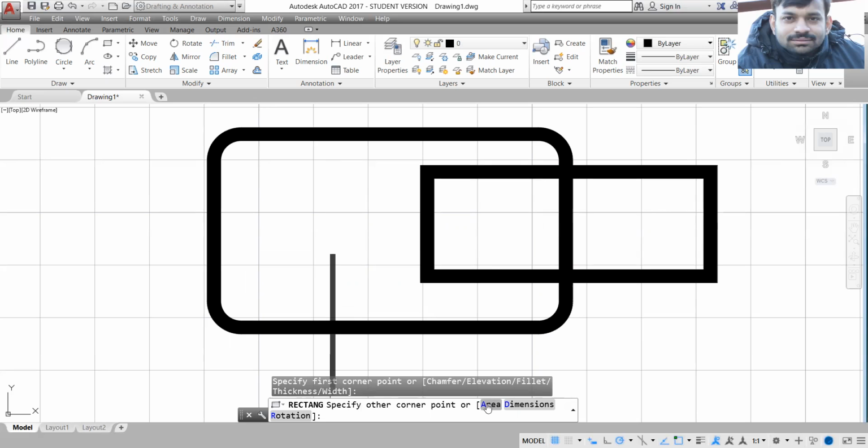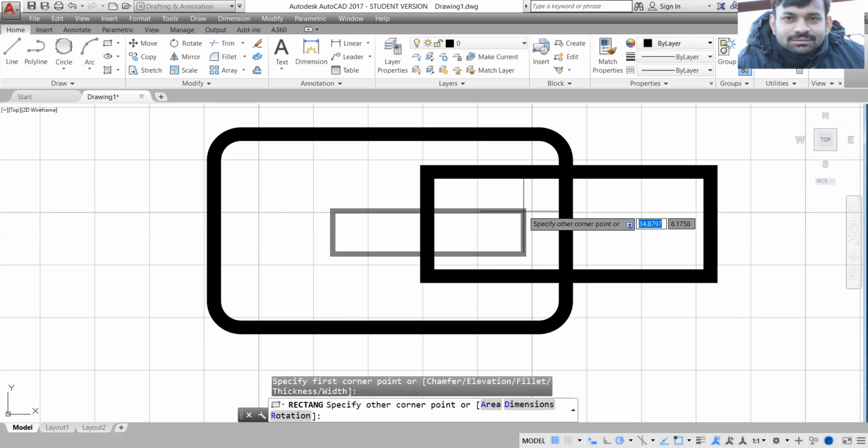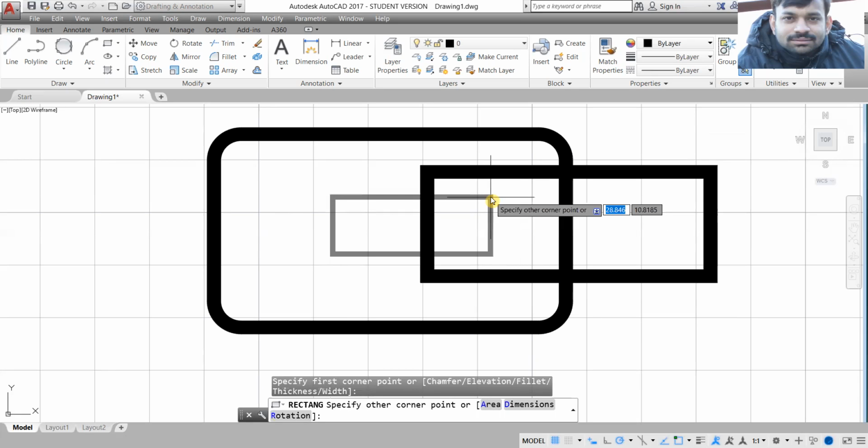If we know the area or we know the dimensions, then we can enter any one of those things and make the rectangle. Let's say I want to make a rectangle of 10 by 15. So the length of my rectangle will be 10 units.